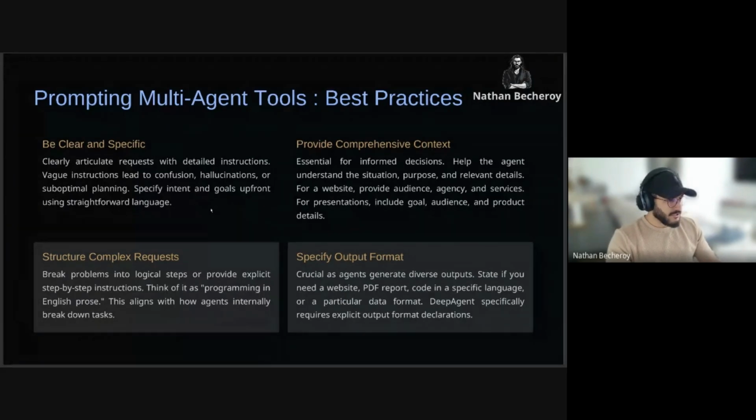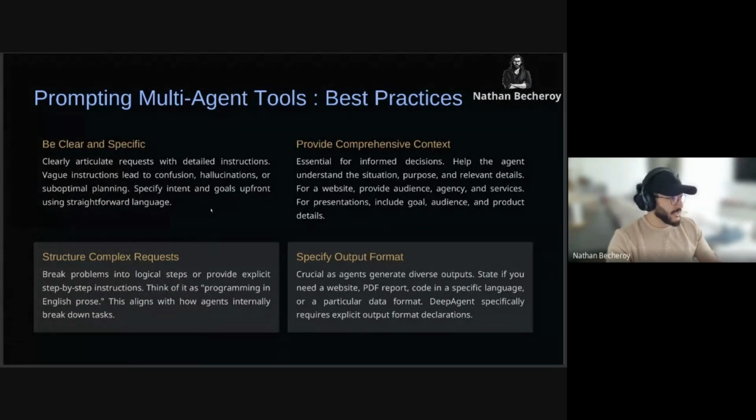You need to structure complex requests. So you need to explain everything logically, step by step, giving instructions. For example, let's say you need to create a report or an analysis about what's happening in the automotive industry for 2025, what will happen.